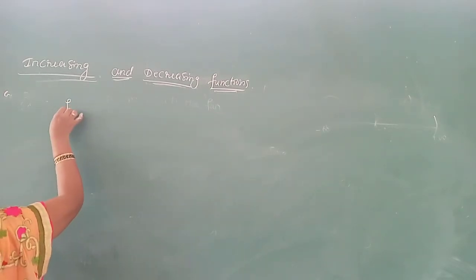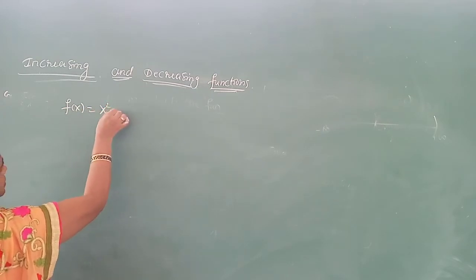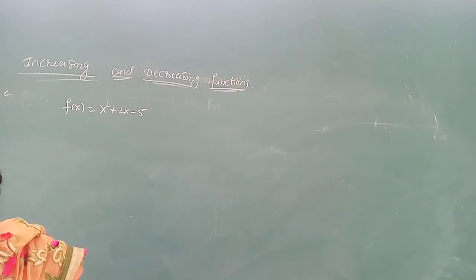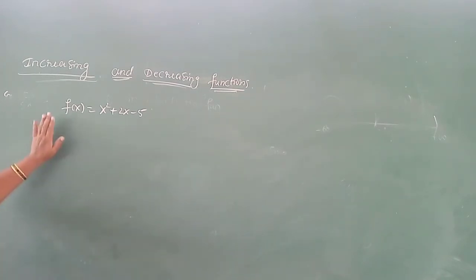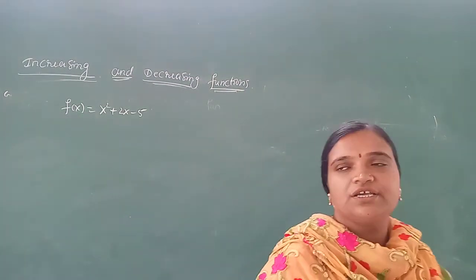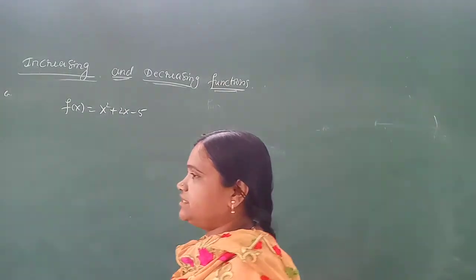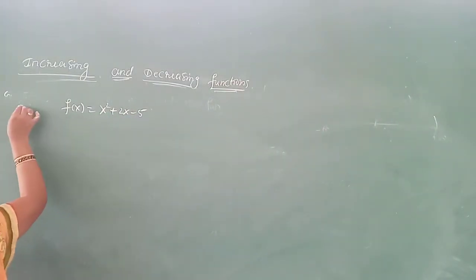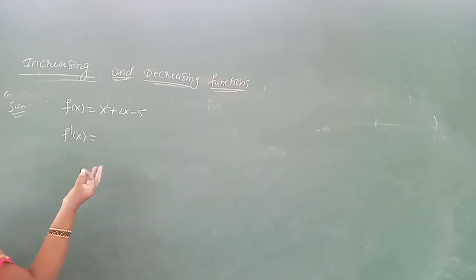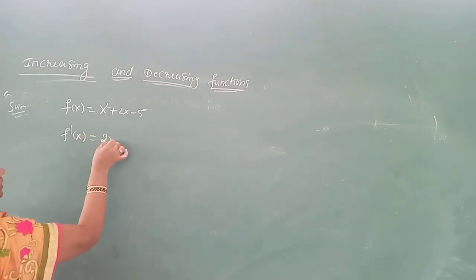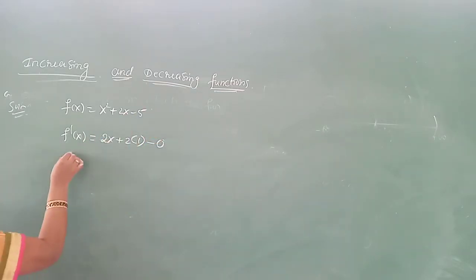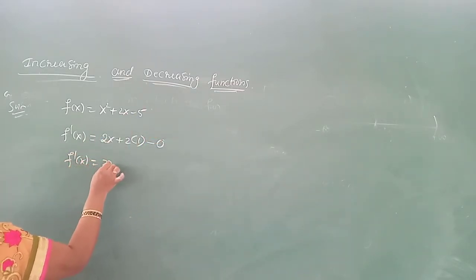We have to verify the function f of x is x squared plus 2x minus 5, mentioned here. Find the intervals in which the function f of x is strictly increasing and strictly decreasing. What we have done in the previous example, similar. Okay. For that, the first step is to do the differentiation. F dash of x or dy by dx, both are similar. X squared differential is 2x, plus 2 times x differential is 2, minus 5 constant differentiation is 0. Therefore, f dash of x equal to 2x plus 2.